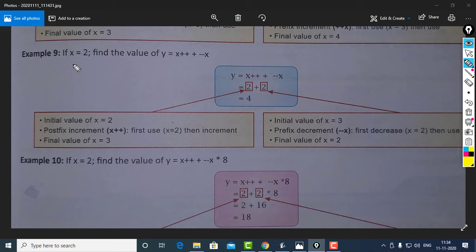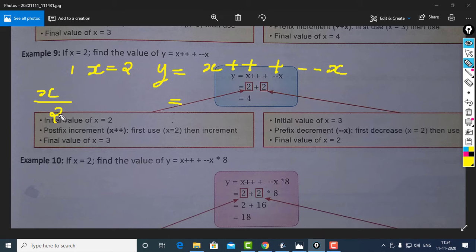Here x has the value 2, x is equal to 2. Then we have to find the value of y, where y is equal to x++ + --x. So how can we solve this? We can write the value of x first. The initial value of x is 2.